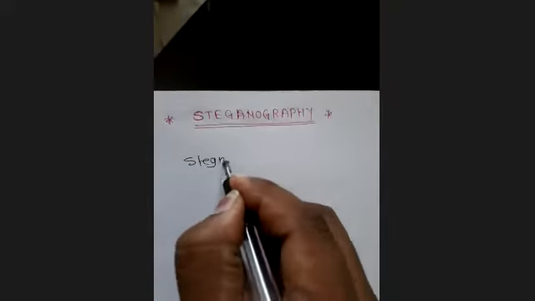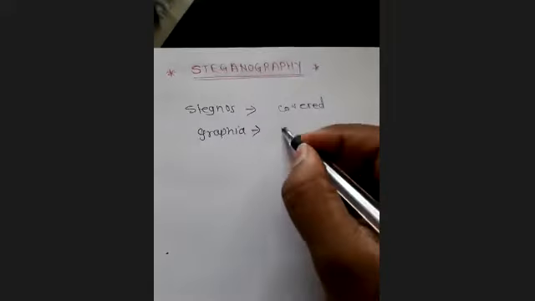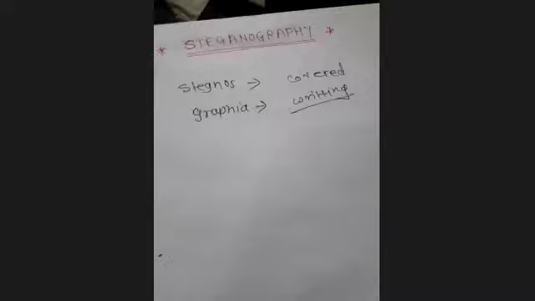Okay. So basically, this word steganography was derived from the Greek word. One is called stegnos. Stegnos means which is covered, ठीक है, covered या फिर concealed जिसको हम कहते हैं. And the another word is graphia. What is graphia? That is writing. So ये Greek word से आया था stegnos and graphia, which means any secret message which will be hidden in a covered media.